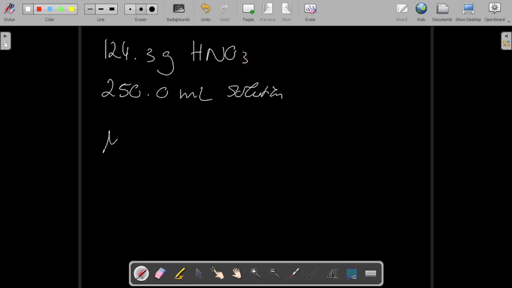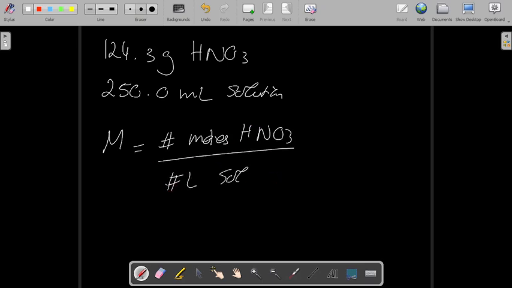So once again, your molarity, according to the formula, is the number of moles of that nitric acid divided by the number of liters for that solution. Well, do we have that? No. We have grams and we have milliliters. So let's start with the solution, just changing the solution, that's the easiest. Milliliters at the bottom, liters at the top, 1,000 milliliters are in a liter. So if I put everything in my calculator, I find out that I have